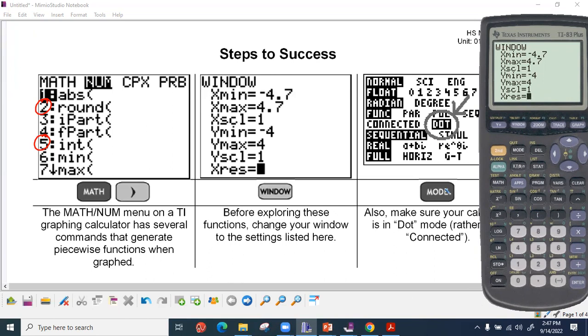The next thing it tells me to do is I'm going to press mode, and I'm going to change from connected to dot. And again, on mine, it's just dot. On yours, you're going to choose thick dot. I know it's really weird, but